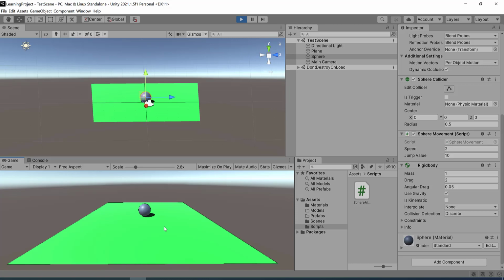upward. So what we need to do, we need to make slight changes in the code. So it should only jump when it is very close to this surface, to this plane. When it is, you can say, 0.01 meter above the surface of the plane, then it should jump. Otherwise the jumping feature should not work, or the jumping option should be stopped. So let me stop my program and open the Unity script.